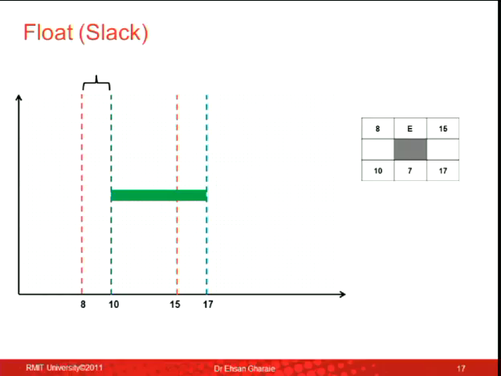So how much slack do I have? 2 days, right? How did I calculate that 2 days? The 2 days is the difference between 10 and 8. Agree? So whenever you're calculating the float or slack, you go 10 minus 8. You go late start minus early start. You go late finish minus early finish, and it will give you the slack. So 2 days, 2 days.